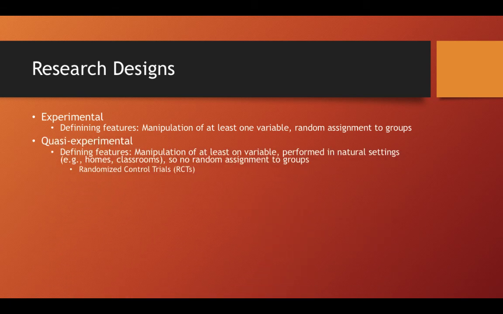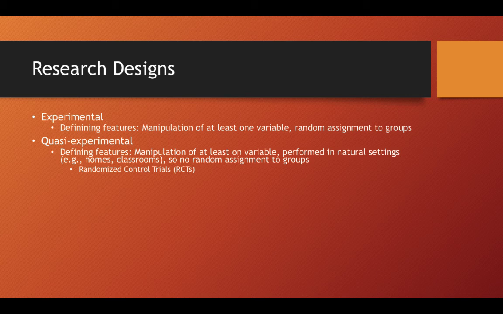Quasi-experimental is also when you are manipulating something, so the experimental part is still there. But you're not assigning people to different groups. You're using existing groups that were pre-existing and then maybe treating them differently. So for example, you see this a lot in education research, where a researcher wants to see if doing something different, say in math,